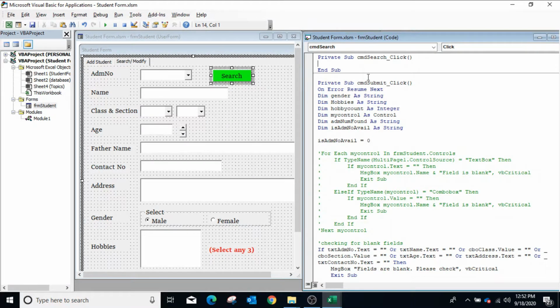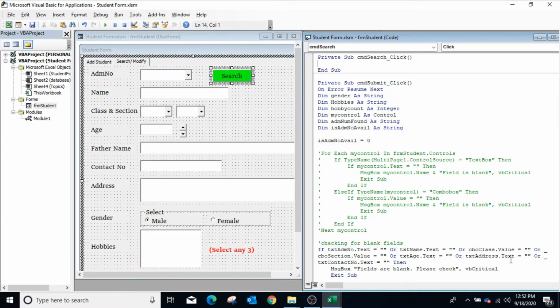Now the button will check the selected admission number in the database sheet and will show the corresponding information in other controls. So first we will check that the combo box should not be blank.